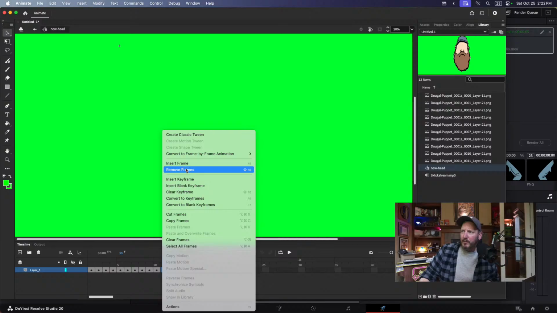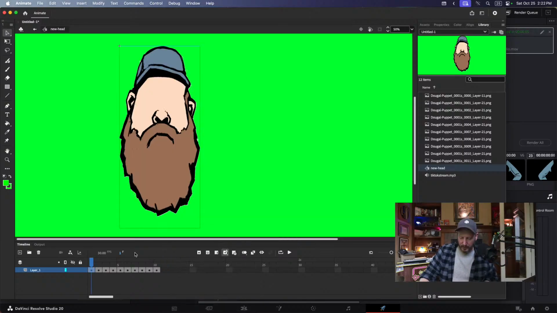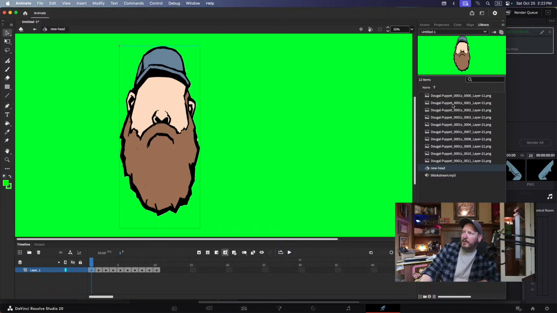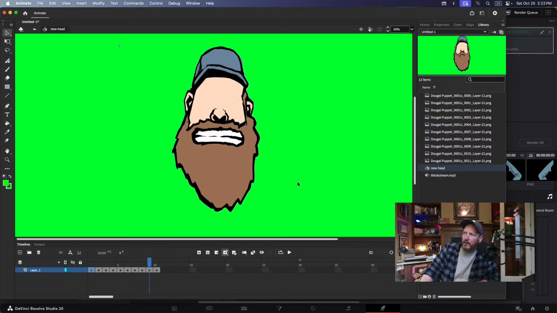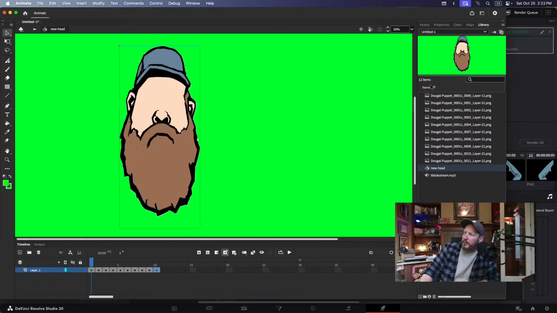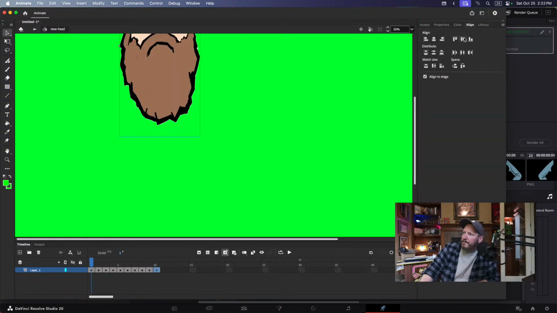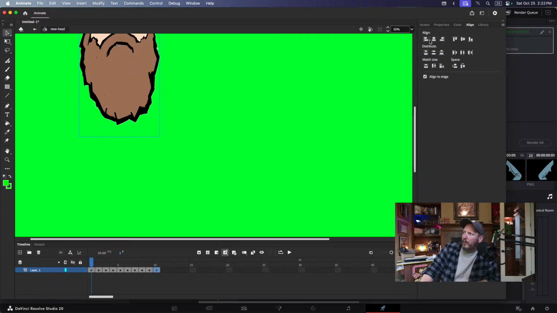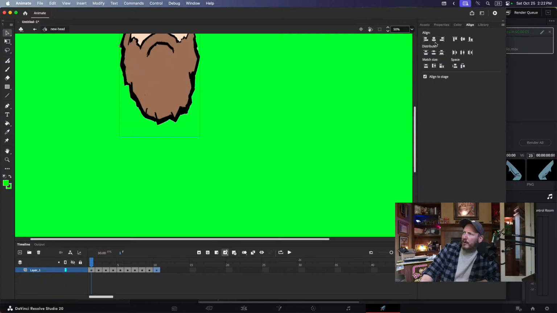Delete. Remove frames. All right, so now we have to go through each of these and make sure they line up. Those pretty much all line up, minus that one. So the first one has to be moved. Align. Whoa, way off. Wow, that's way off.